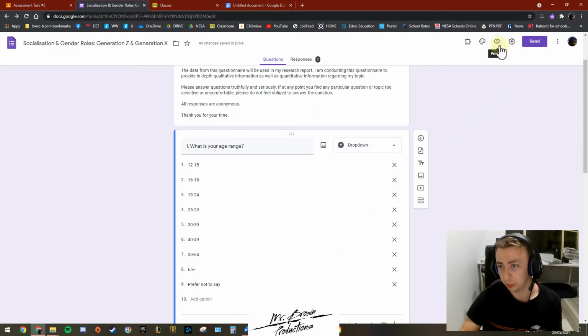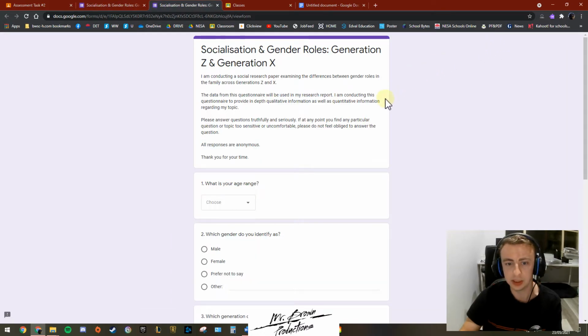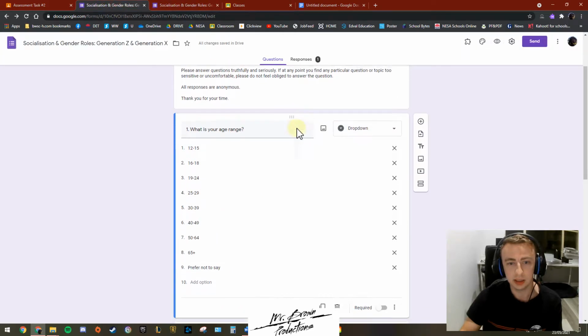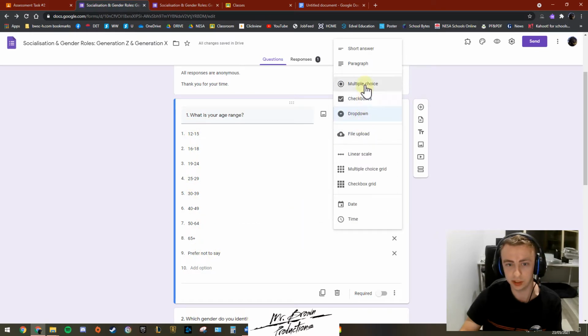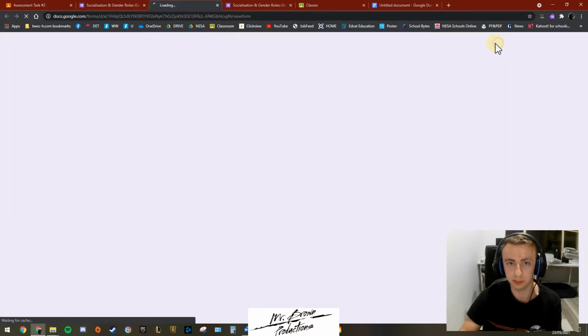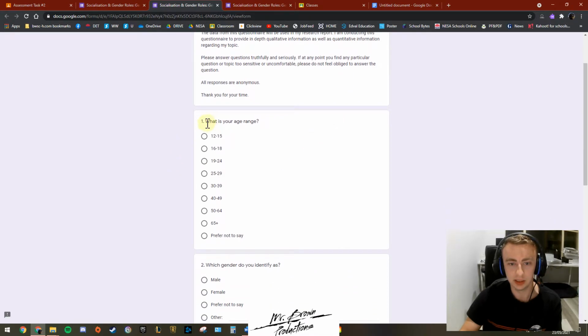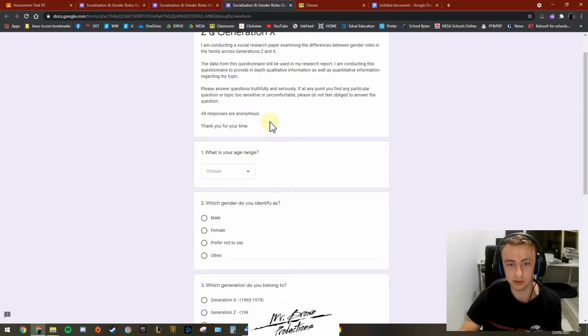there's a button here called preview, and if you click that, it'll show you what your questionnaire will look like to other people. So see here how this drop down, I've got 9 options here. If I had this as a multiple choice and I hit preview, it's quite large and long and doesn't look as nice. So what I like to do is make that a drop down, because then it's nice and easy here,